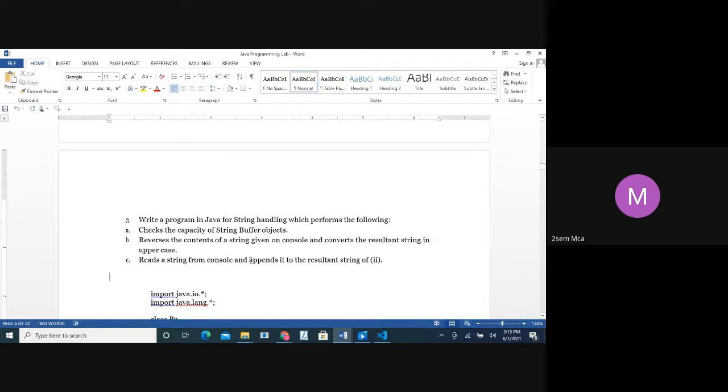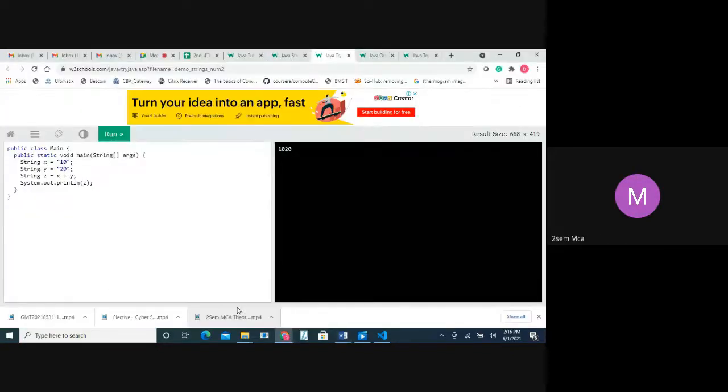Then append. What do you mean by append? Adding, ma'am. Adding a character. Updating, like extra adding. Yes, just now we have seen concatenation. Concatenation is also the same: we are joining two things.